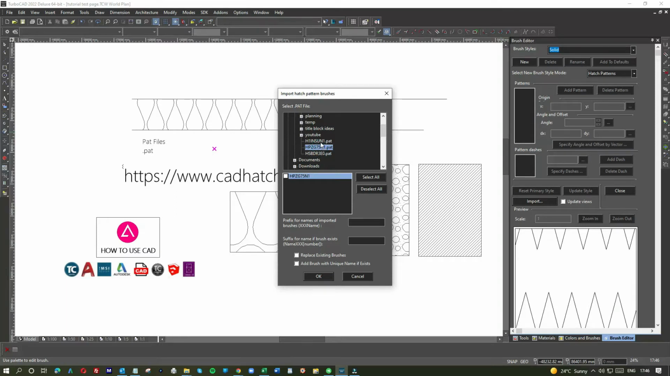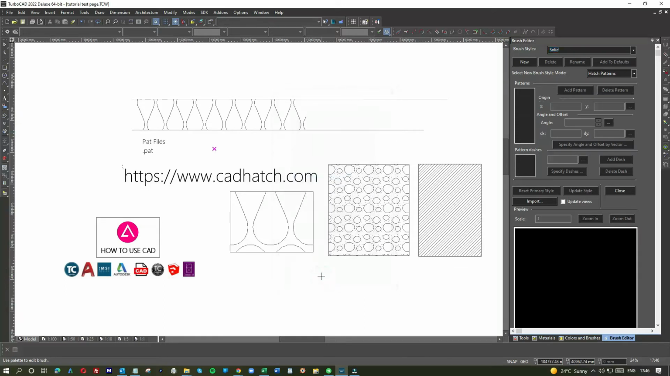So as you can see, as I click on the files, the patterns become live here, so you can see them instantly. So you have the options to replace existing patterns or upgrade and so on. I suggest you don't. You just bring it in, make sure everything works okay before you delete anything. So I'm going to select all, I'm going to say OK, and if I check down here now,